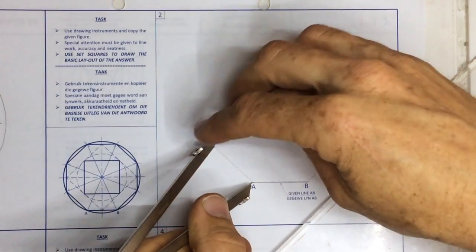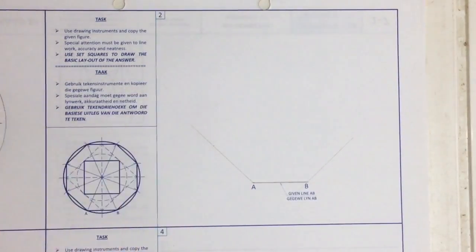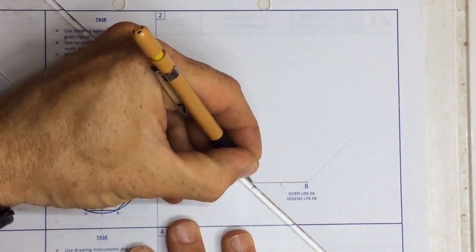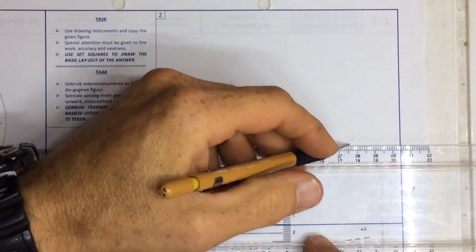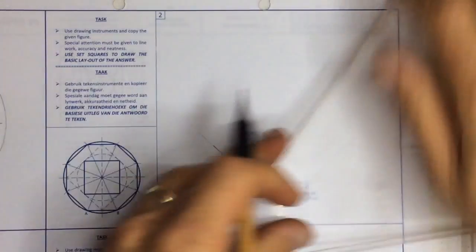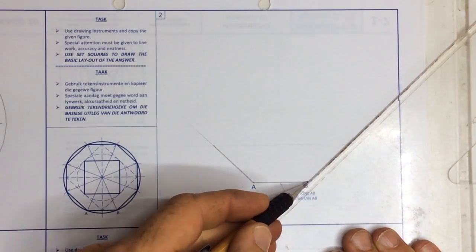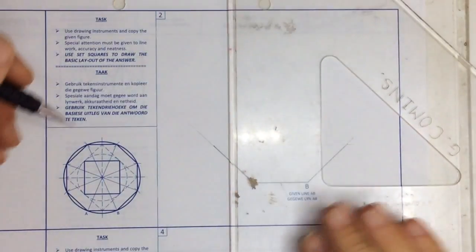and I arc that up onto that line over there. In other words, that length is the same as AB. I can now darken that in. I can take a construction line going across, and I can then darken this line in over here from B to this next point. Right, once I've got that, it goes up vertical,